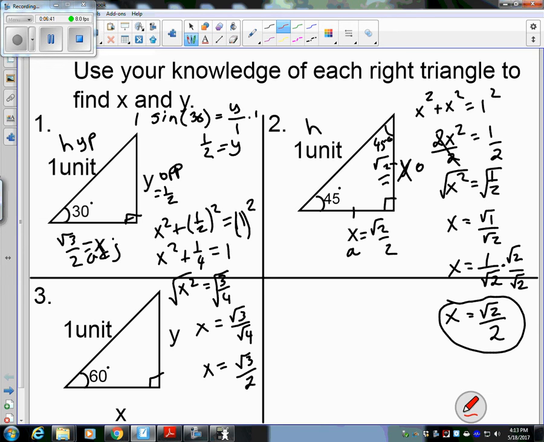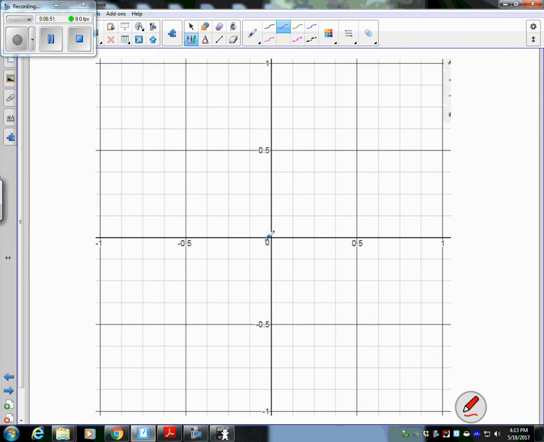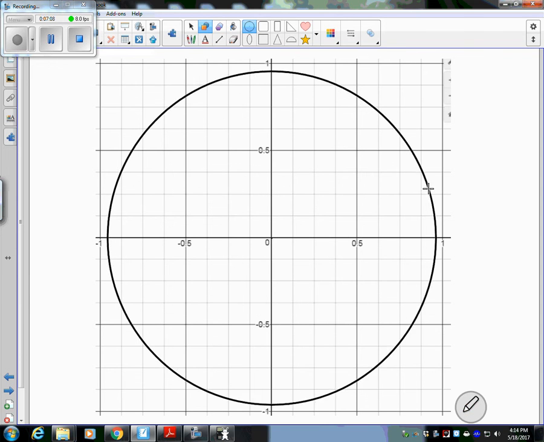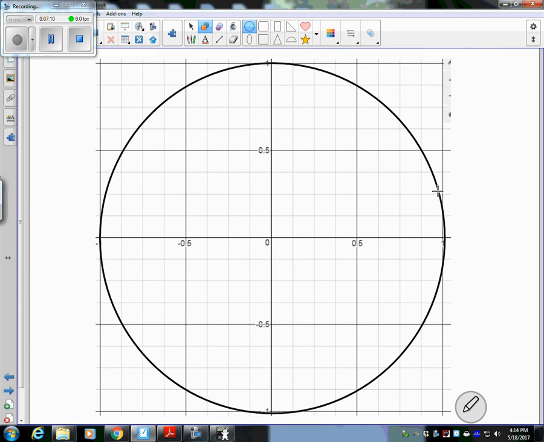And you're saying, alright, how does this apply to what I saw in class today? Well, let's look at this graph here. Cartesian plane, coordinate plane. It's going up by, in this case I have it going by halves. It can go by anything. But if you have this thing called a circle, and the circle has a radius of, say, 1,